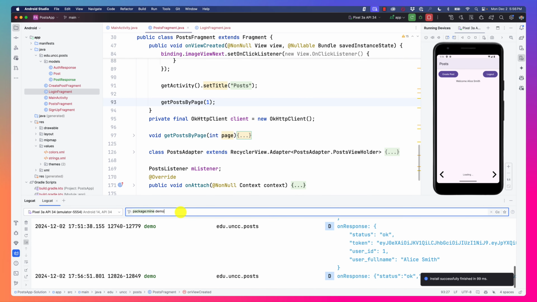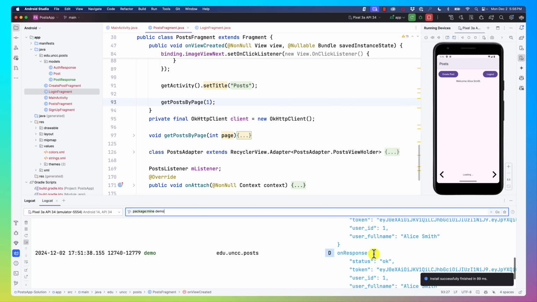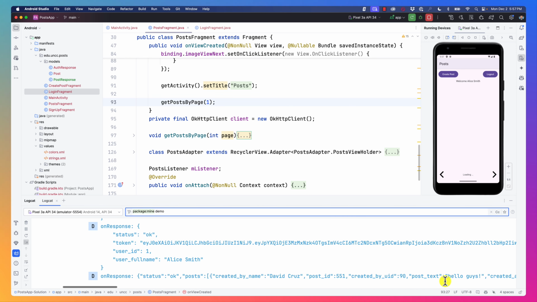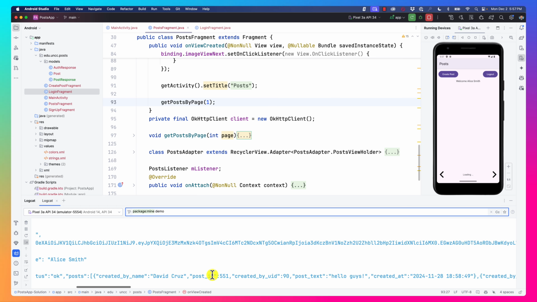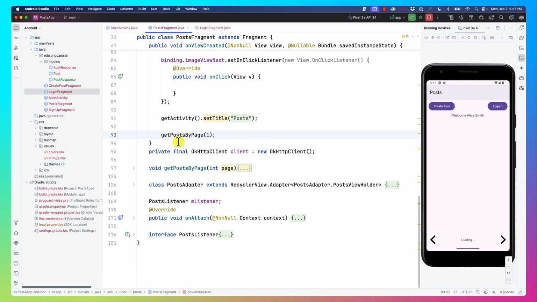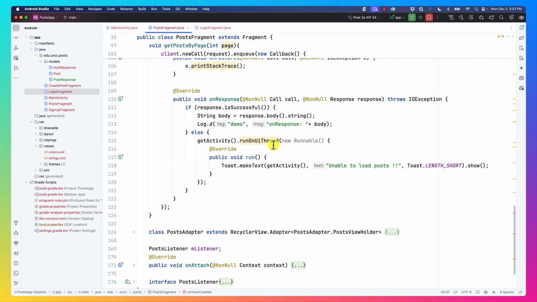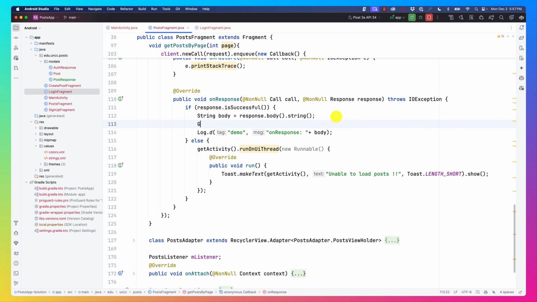Yeah, we're getting something here. And we are getting something here. Here are the posts. You see that? Cool. So now let's use the JSON library. So here we are. Post adapter, page by. Now we can, if that's the case, then we can do JSON